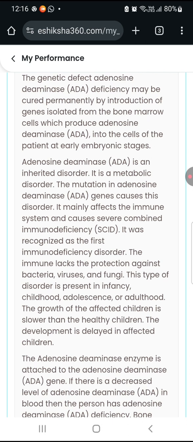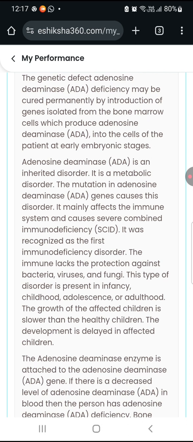Adenosine deaminase (ADA) deficiency is an inherited disorder. It is a metabolic disorder. The mutation in adenosine deaminase (ADA) genes causes this disorder. It mainly affects the immune system and causes severe combined immunodeficiency (SCID). It was recognized as the first